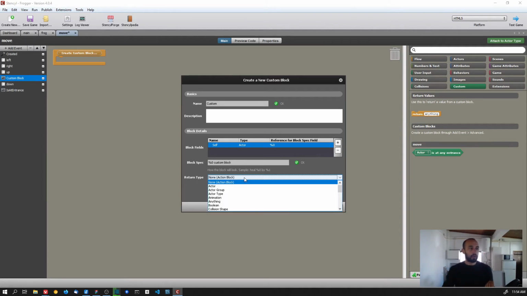And that value you can define here on the return type. For example, in this case, I'm creating a block that says if the frog is at any of the entrances that I defined. So if I'm using the block to know if the frog is at any of the entrances, the block will return true, or it will return false. So when I'm using this block, which is exactly what I did,